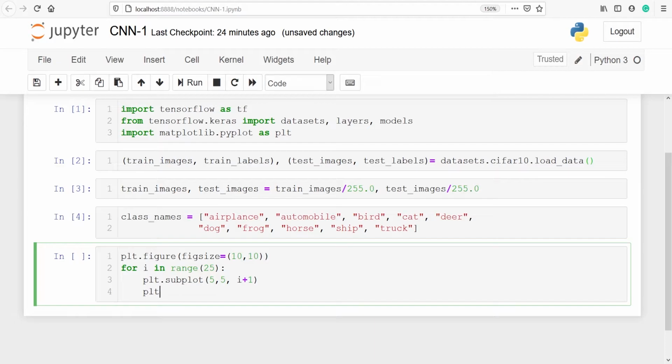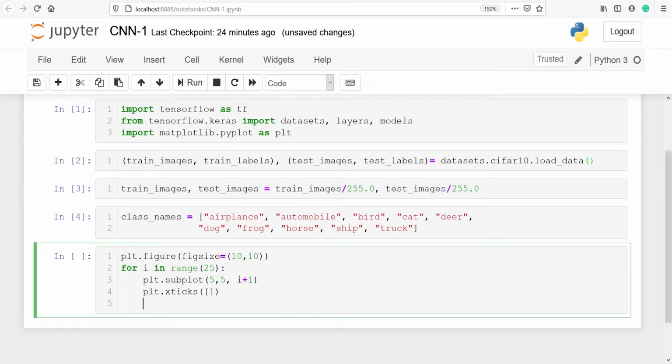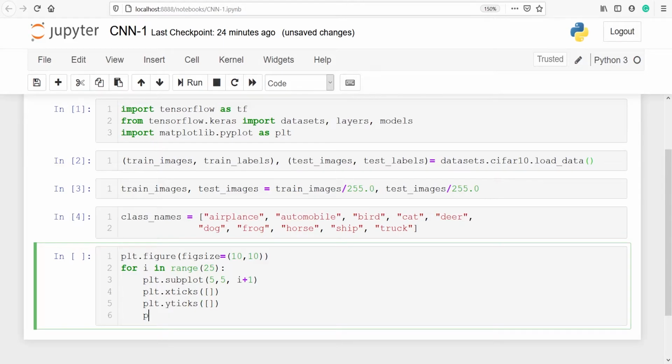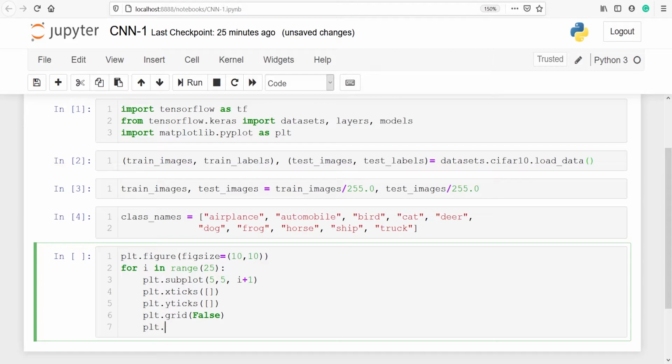Then I will define the xticks, plt.xticks, which is going to be an empty list, plt.yticks, an empty list as well, plt.grid, grid is going to be False, plt.imshow, and I'm going to plot from train_images.